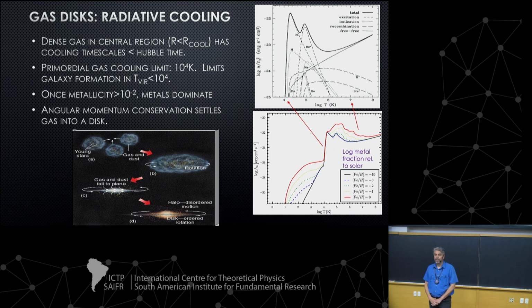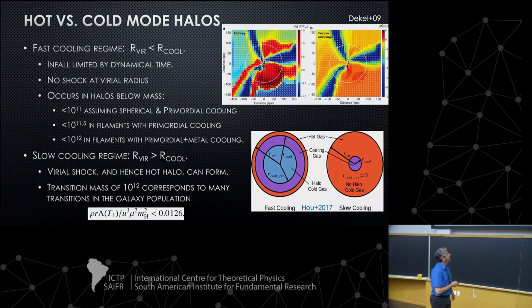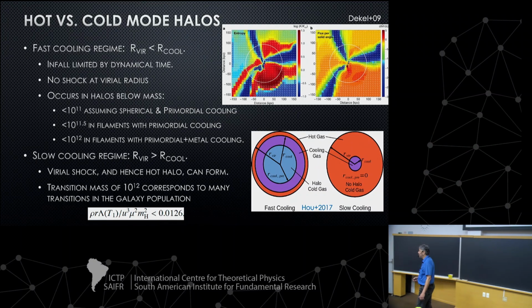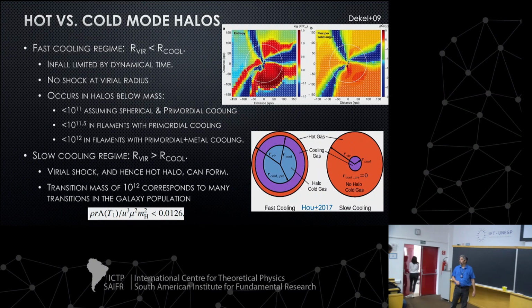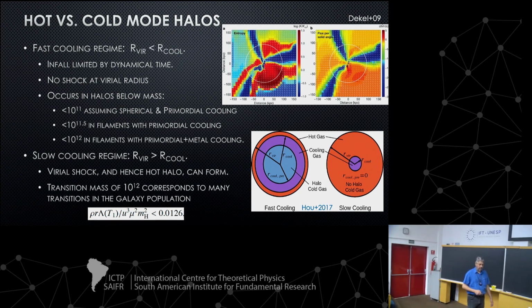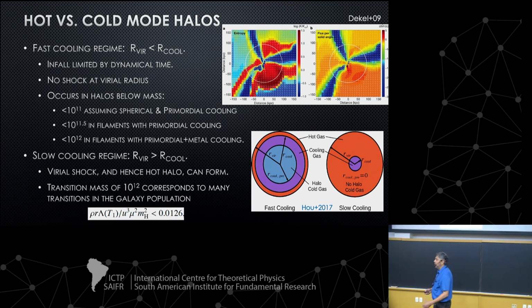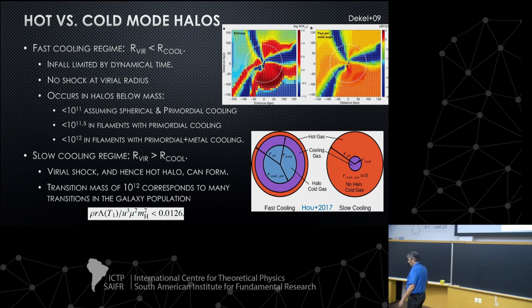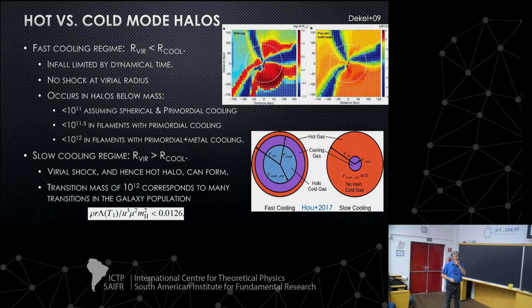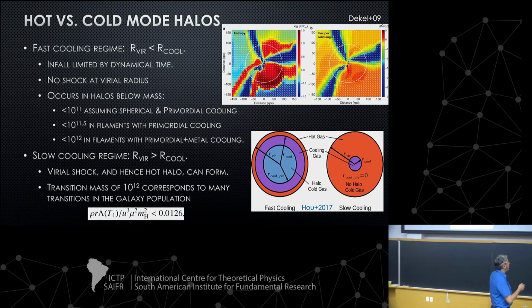Well, I have another curiosity before we go for coffee, since I have the microphone. The picture that you showed of the fast and slow cooling and the streams, how far down in scales can you push this? You showed the picture of concentration down to really small scales. Might this as well work for 10^12 or 10^8 or 10^6 solar masses, or how far down can we push this? Good question. So essentially,